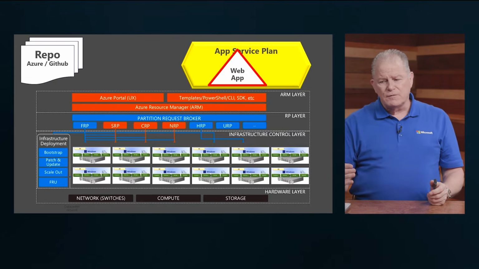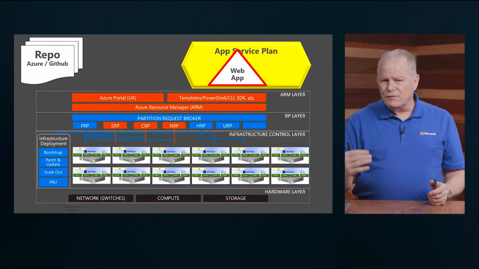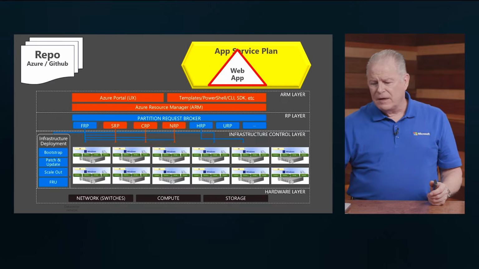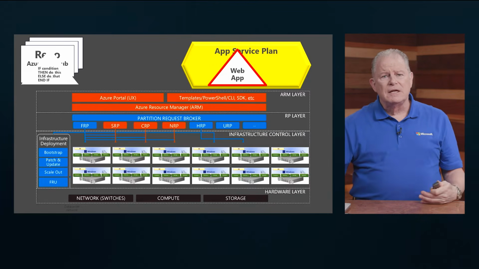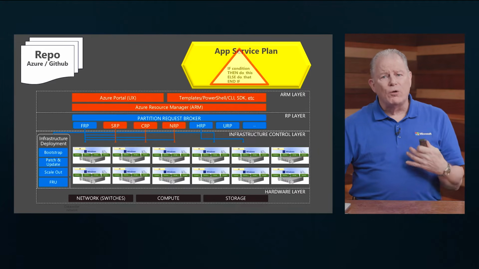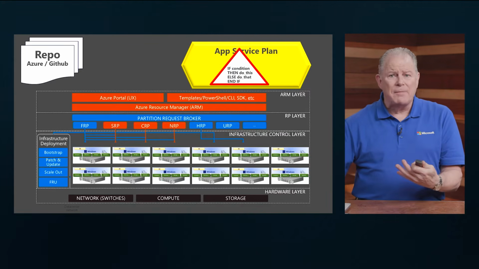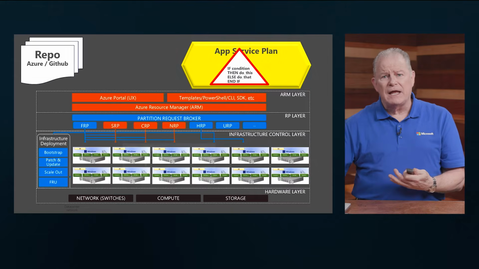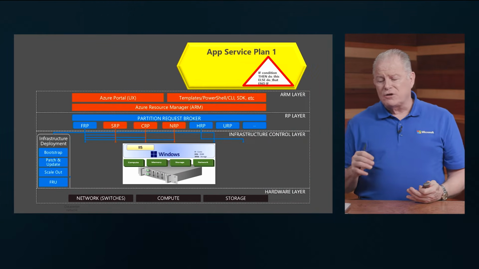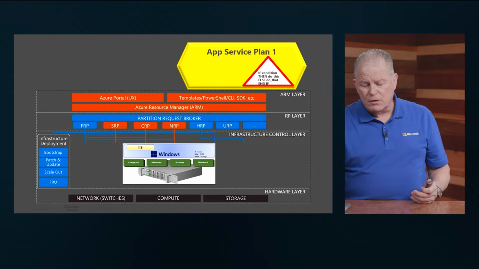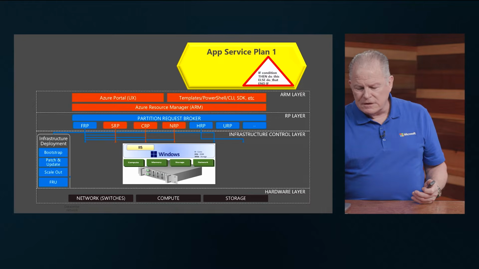So you build an app service plan, you put an app service into the app service plan, and then you deploy your code. In this case, I've got an if-then-else statement that comes from a repo that gets deployed to, in this case, my web app inside of an app service plan that turns it into a running application that then gets carved off to some kind of resource inside of Azure. And so what I've tried to do is to focus in on that app service plan,